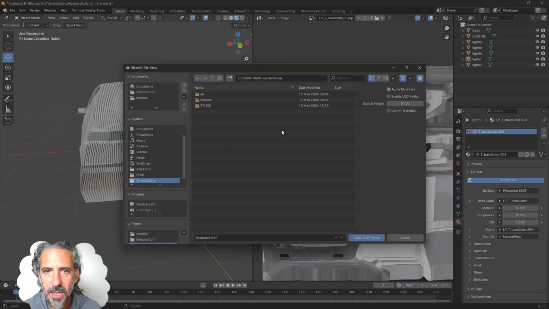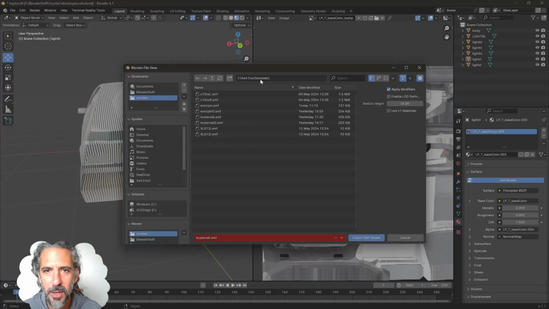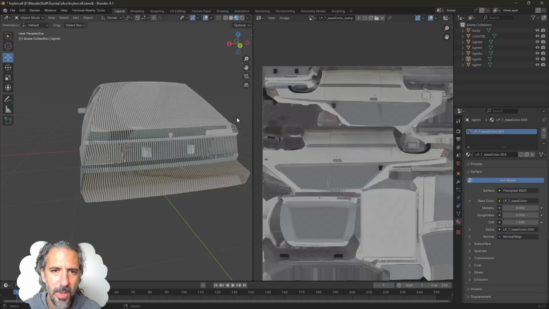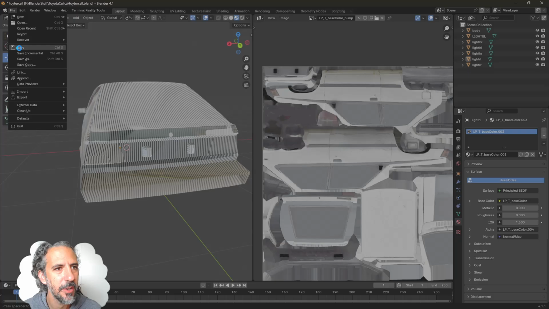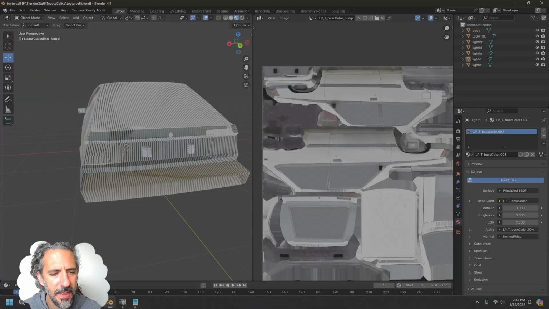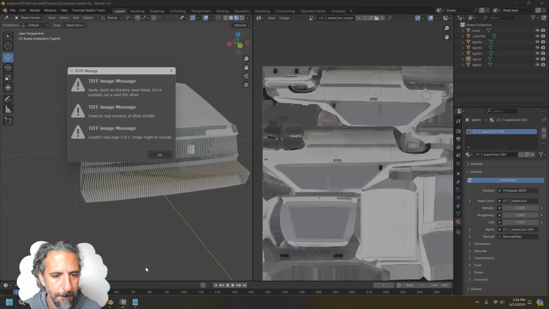Since we changed some stuff, I'm going to the models folder of my Evo game. I'm copying over my Tercel main file. I'm going to save my Blender file as well. And the other thing I had wanted to say about those textures in here,